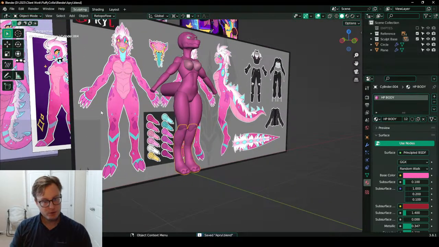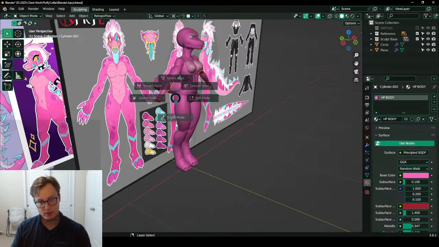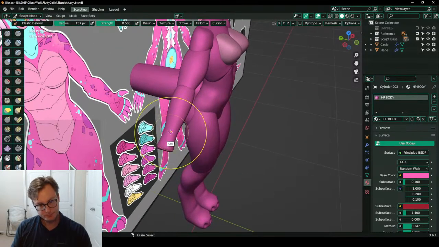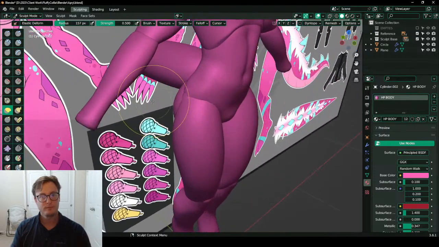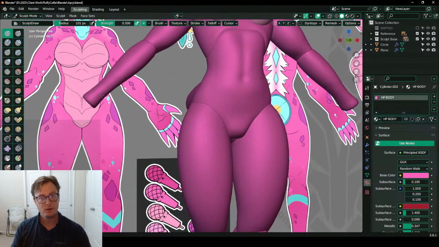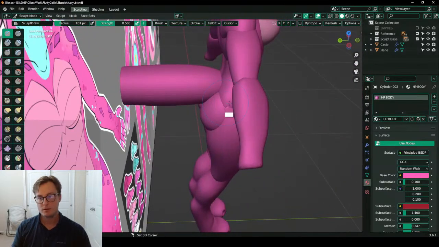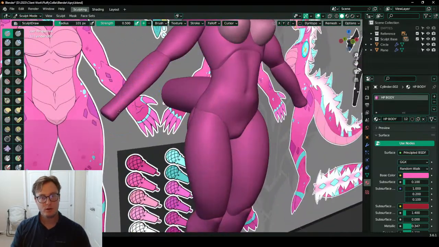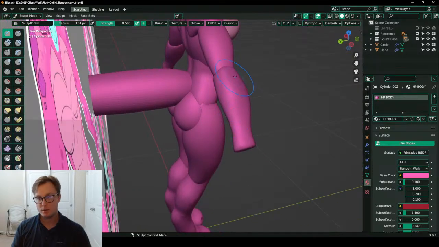Alrighty. The arms, forearms are definitely a lot bigger. She's got large, kind of stylized hands. I want more of that. And we'll just hit it with the draw tool. Gotta get a little bulkier.